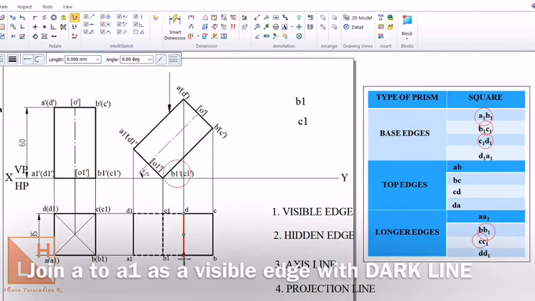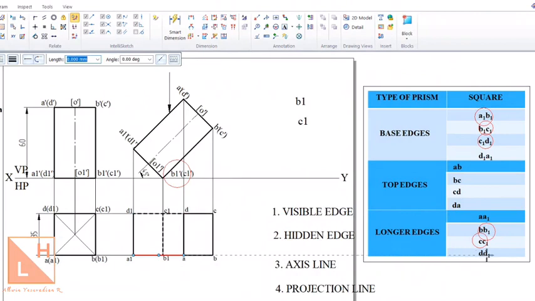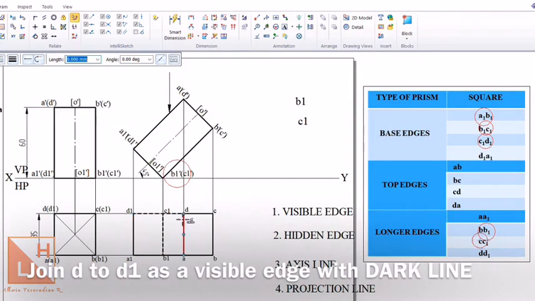A1. So identify the location of point A, and you can see from A to A1 there is already some hidden line which exists. But do not worry, you just need to overlap it, because we are following a process of identifying the hidden edges first and then the visible edge. So though a hidden edge exists already from A to A1, we need to give priority to the visible edge, and this has to be done only from point A to A1. So A is here, A1 is here, you join it with a visible edge, and the last edge is D1, because BB1 CC1 is already connected as a hidden edge. D1, you find the point D and join it to D1 with a visible edge.